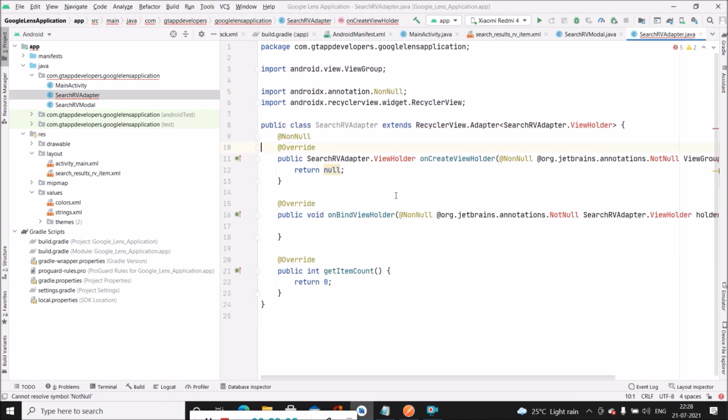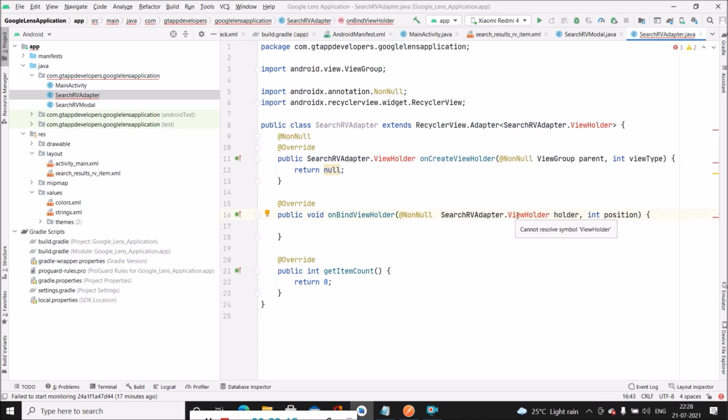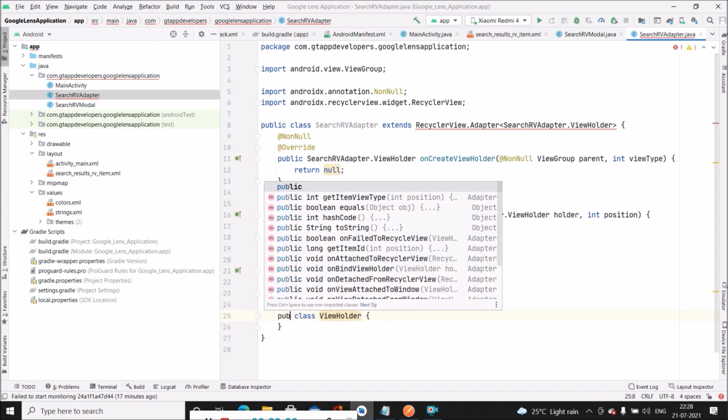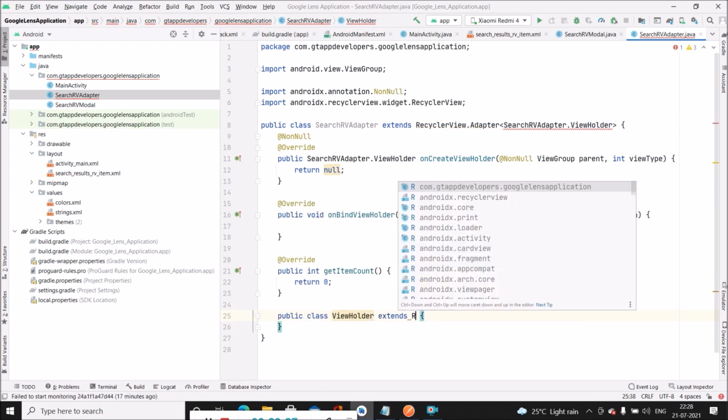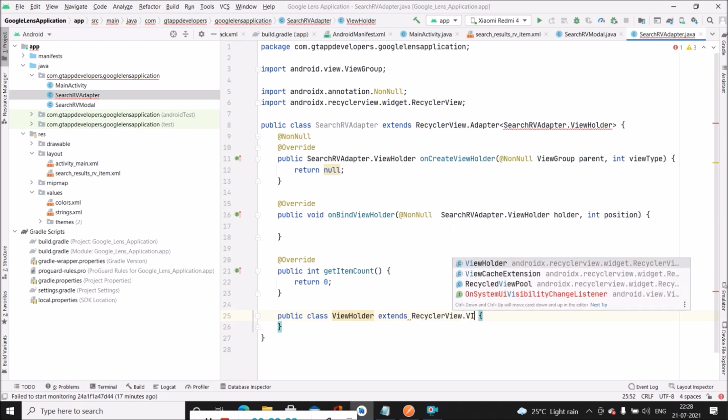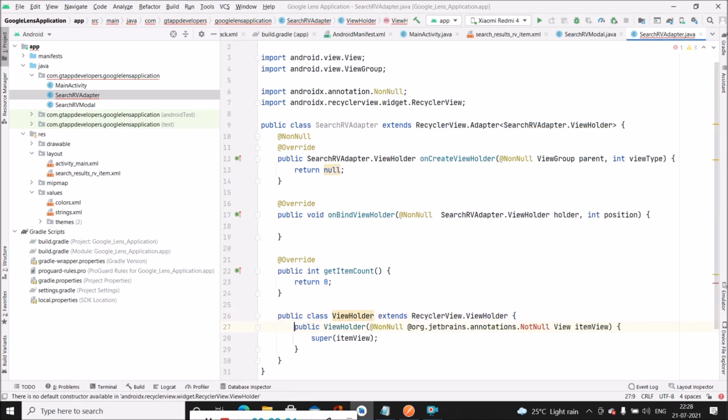Now we will not be requiring this one, so we will quickly remove this. Now we have to create the view holder class. So for that we have to click on this view holder, then click on the red bulb and create inner class. Now we will change it to public and we will extend it with RecyclerView.ViewHolder, and we will create a constructor here as well.